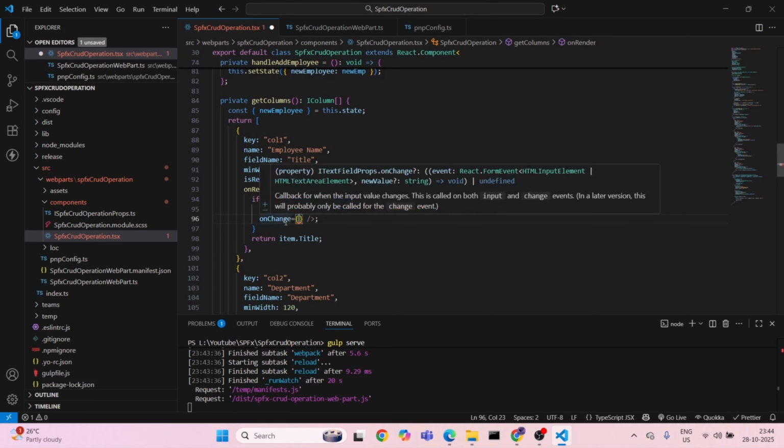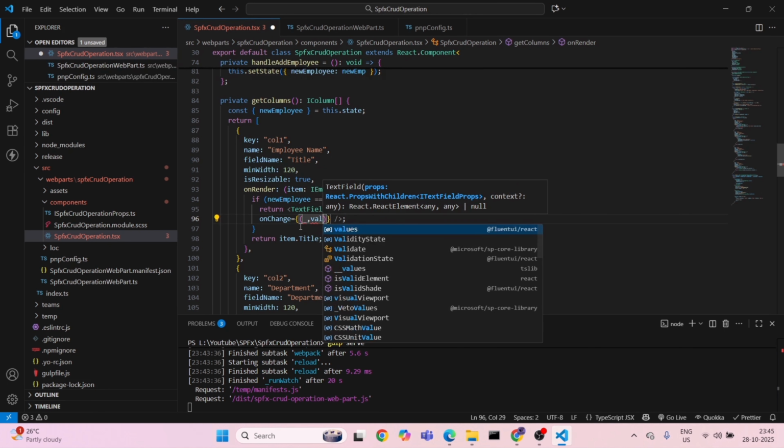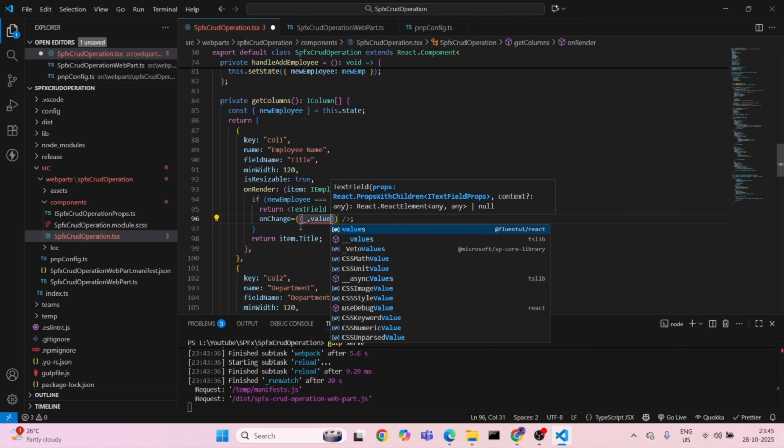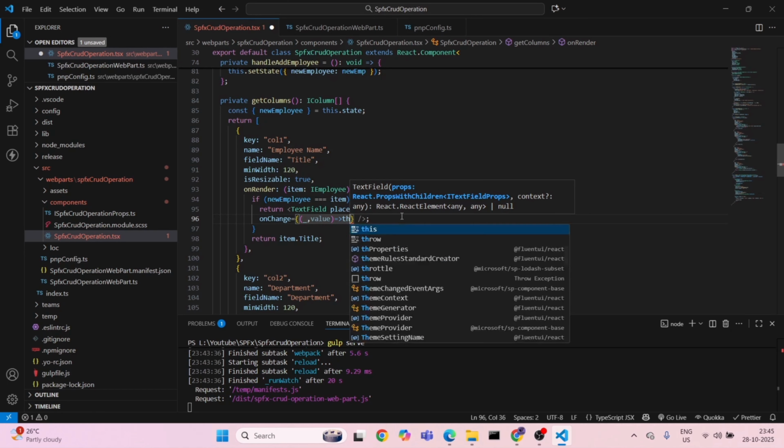It is an attribute. It is the attribute that we have. So on change, round bracket, open close, underscore, comma, value, and the value, this value would be